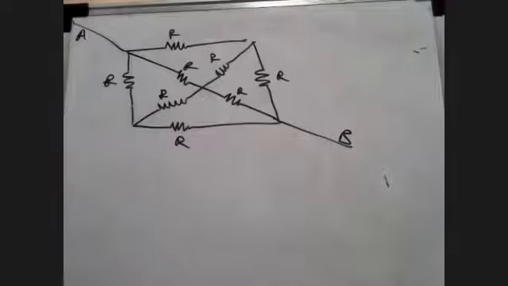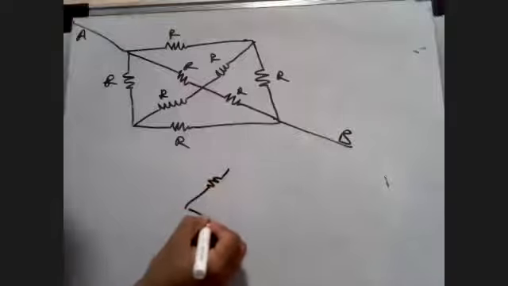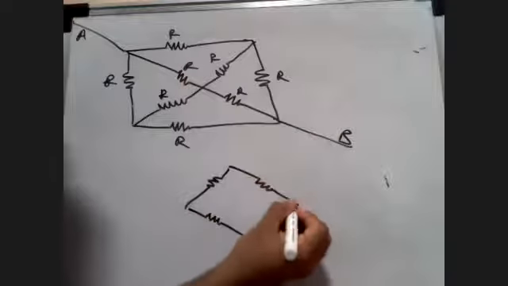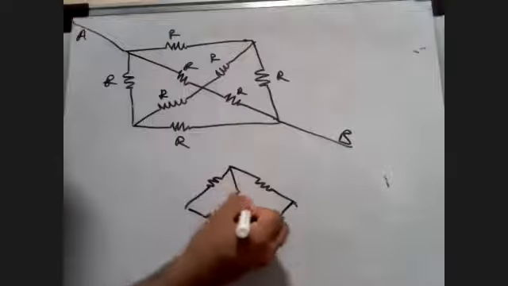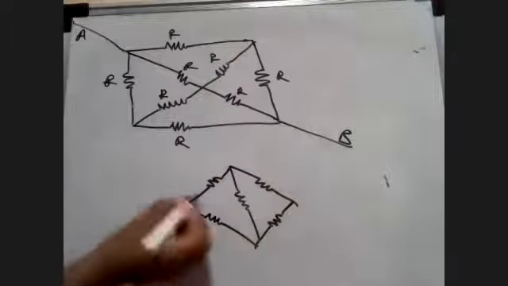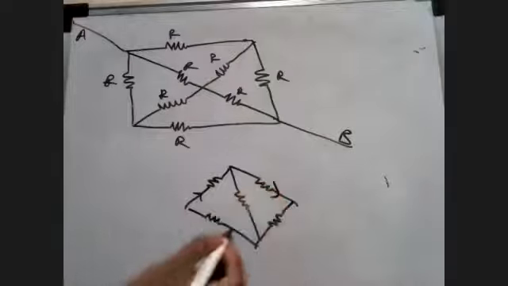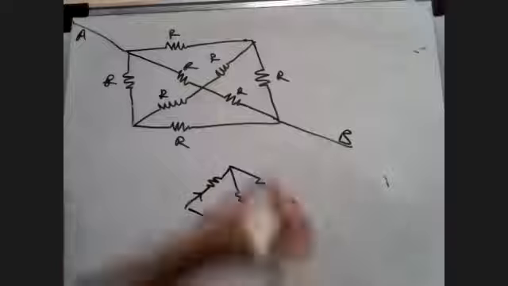So find out the equivalent resistance between A and B. Can you see something over here? We have done a concept called Wheatstone bridge. In Wheatstone bridge, what did we say? We assumed the resistor in between to have zero current. The current passing through this branch was equal to the current passing through this branch.